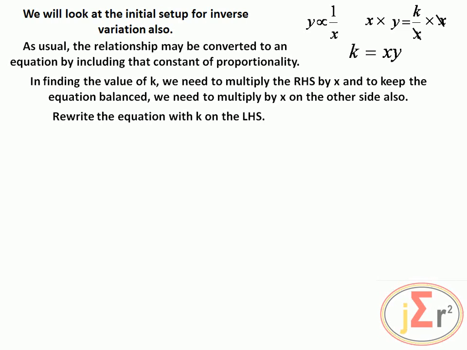K is equal to x times y. And remember that in a proportionate relationship, we are equating the values that are equal to k. And we see that k is actually the product of the two. And that is why when we are using the proportionate relationships